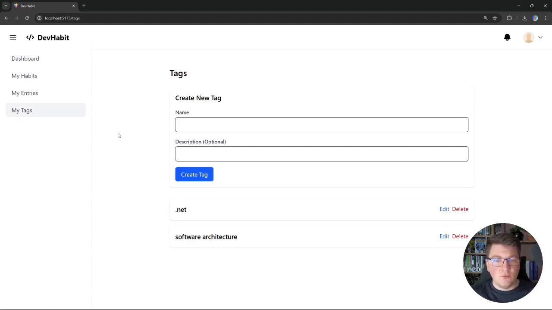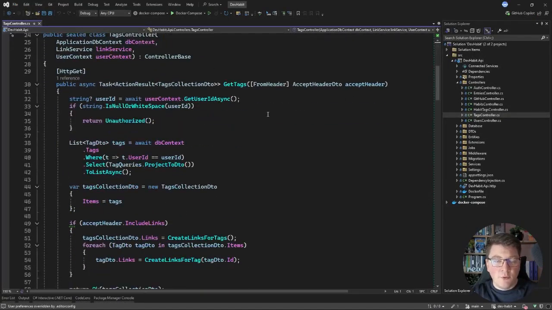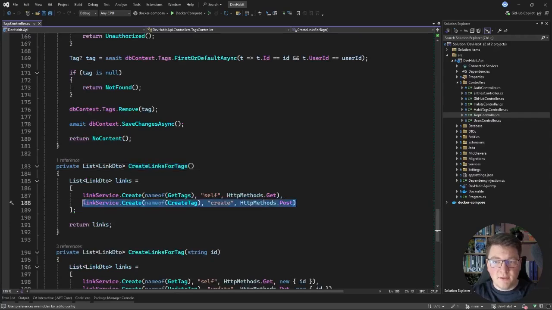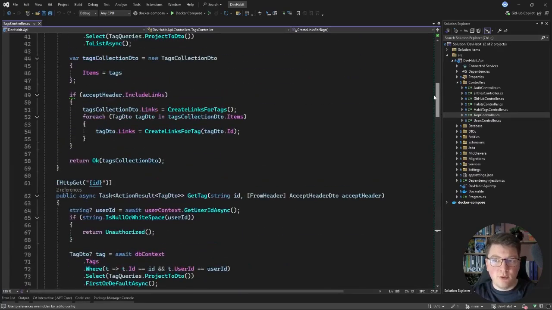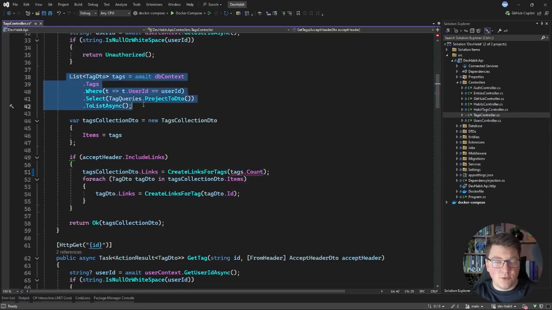So let me go back to the backend and I will make an update in the tags controller. The endpoint that's responsible for returning the collection of tags is the getTags endpoint. And what I want to do here is to adjust creating the hypermedia links for the collection response. This will contain the create link, which is pointing to my post endpoint on this respective controller. And what I want to do is pass in the number of tags that this user has. Because I'm returning all of them in the collection response, I can do this without any additional queries to the